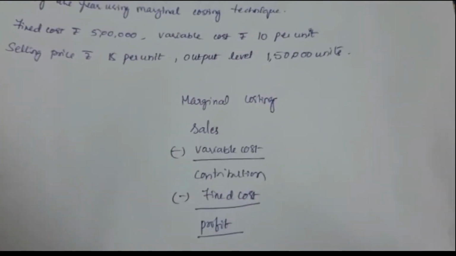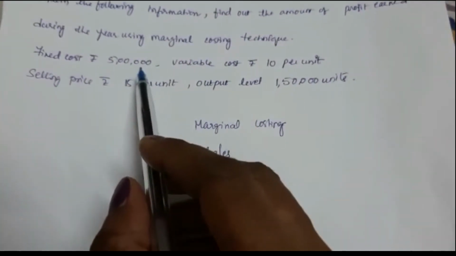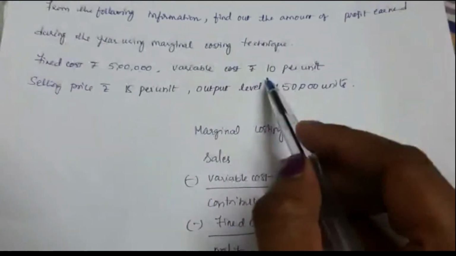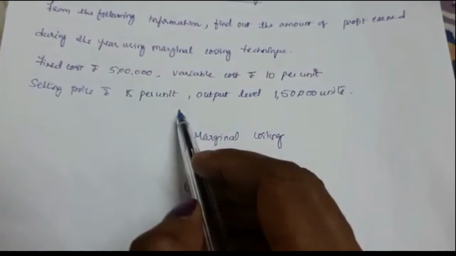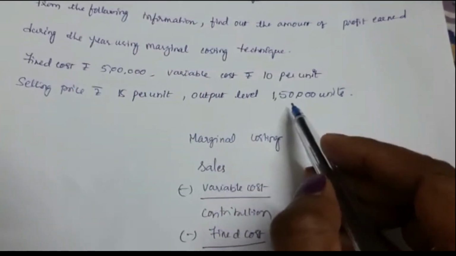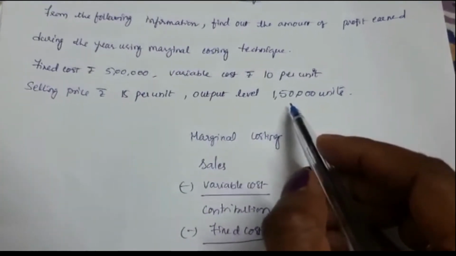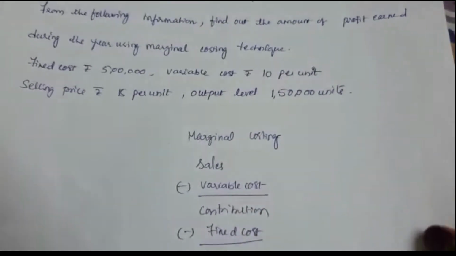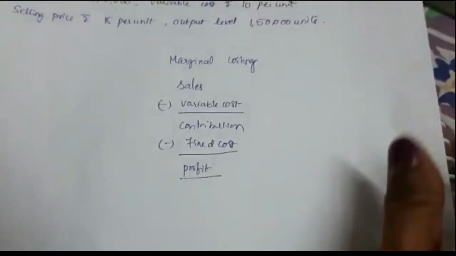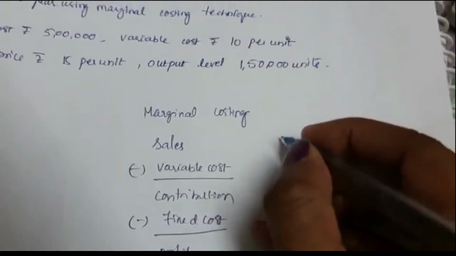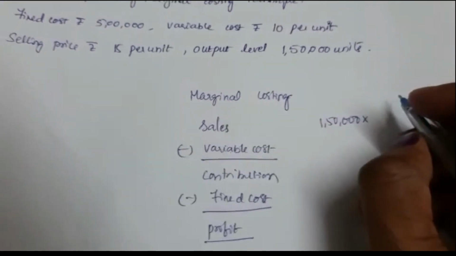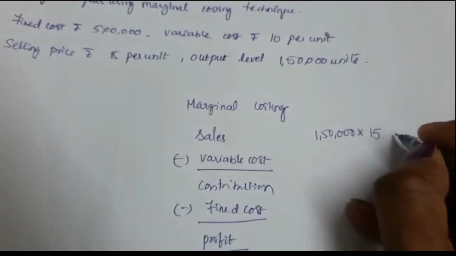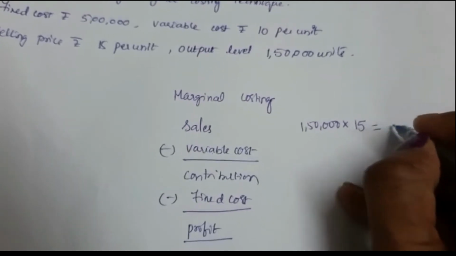Now we will see the sum now. Here fixed cost is given as 5 lakhs, variable cost is rupees 10 per unit, selling price is rupees 15 per unit, and output level is 1,50,000. So let us calculate sales now. The output is 1,50,000 and the selling price per unit is 15 rupees. So it is going to be